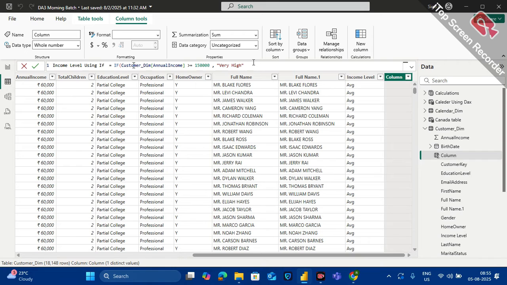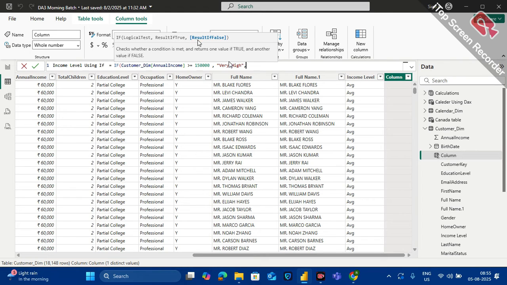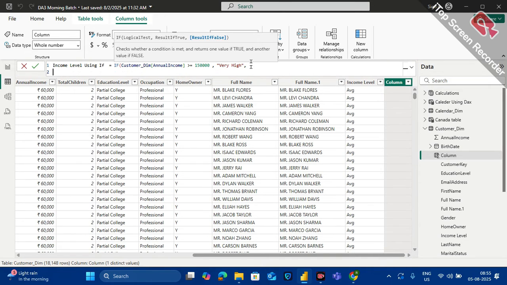But what about when this particular logic is false? ये उसने फर्स्टली चेक किया 1,50,000 से उसको वैल्यू मिली नहीं. देन आपको यहाँ पे जब मैं कॉमा देता हूँ तो आपको ये पर्टिकुलर रिजल्ट इफ फॉल्स की जगह पे you wanted to put a new if statement to again check for the new logic. So I'll say shift enter. I'll go to the next line. Instead of below that if, I'll put it a little bit further in to understand that this is my parent if and this is my child ifs. So I'll say again if